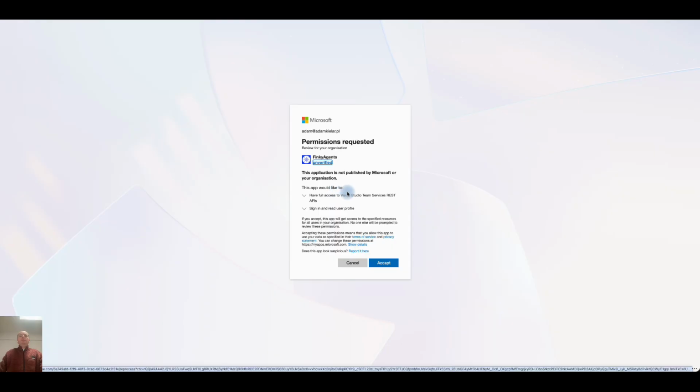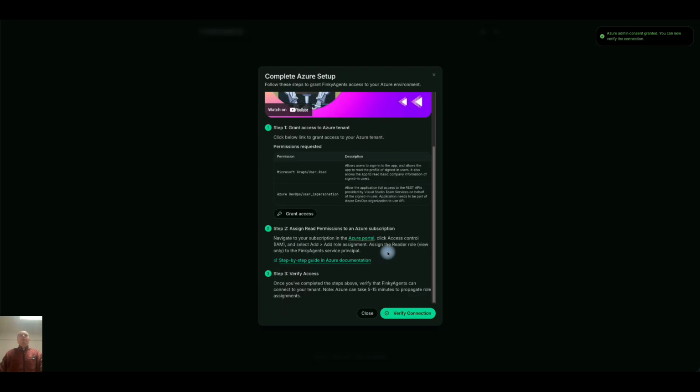We log in. Then we will have the information about the FinkyAgents application, which we need to invite to our tenant. Once we verify it, we click Accept. Once this is done, we are redirected back to the FinkyAgents application, and we can do step 2, which is